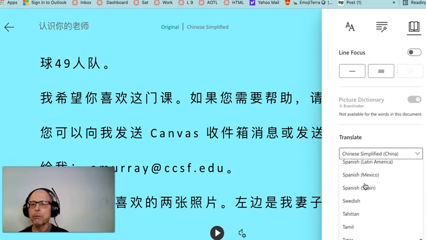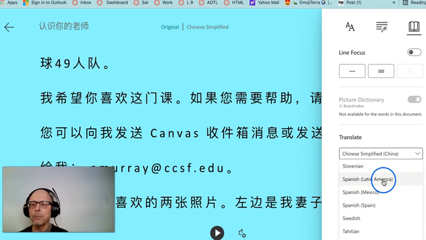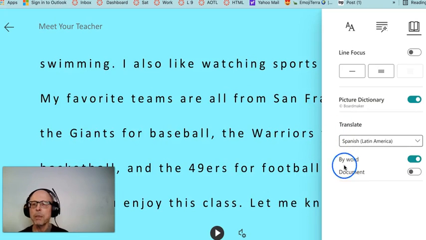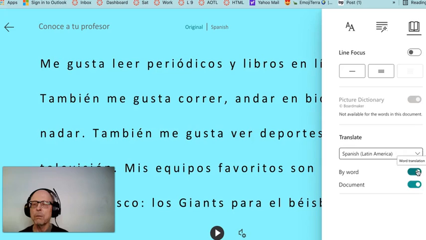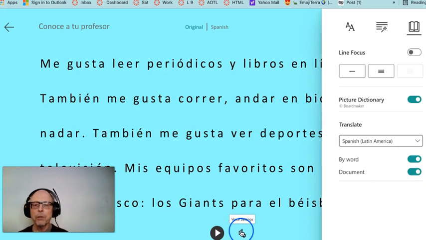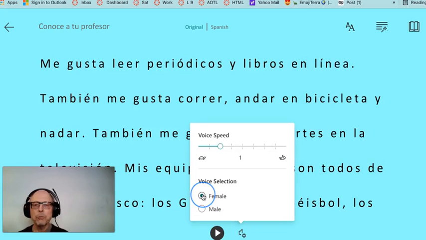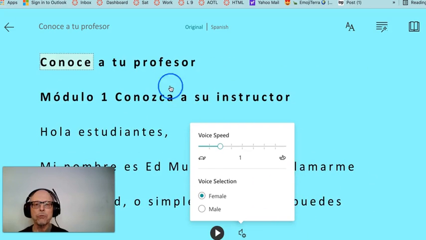So I'm going to come down here, and it looks like they have 3 kinds of Spanish. You can get Latin American Spanish, Mexican, or Spanish from Spain. And why don't we, I don't know, just choose Spanish from Latin America. Okay, and now to make it work, I have to click this on. And then we'll look at the voice. Okay, we can keep it at a female voice, and it's at 1, so it's normal. So let's just start from the top. And I'm going to click it.